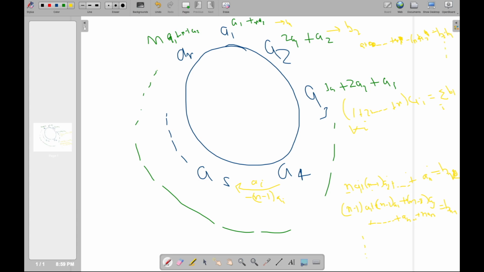And then if we add all of them... no. What will happen if I add all of them? I'll just get something similar again. So I have b2 minus b1. Okay, so the difference gives me